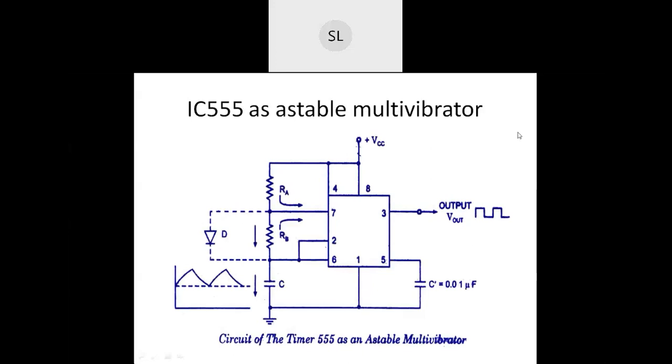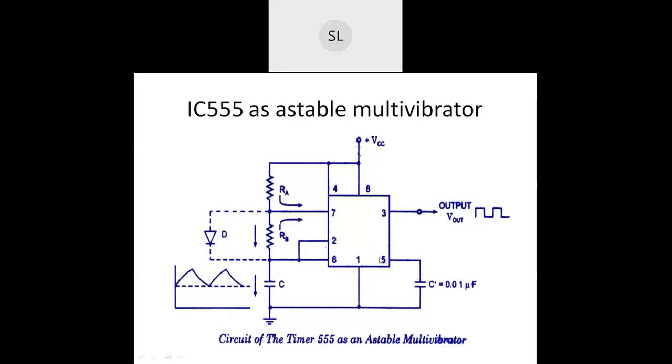So now here you can see that for this IC 555, pin number 4 is connected to plus VCC. We have already studied that whenever we are not going to use this reset pin, we should short this pin to the supply voltage. Okay, we should connect this pin number 4 to the supply voltage, that is at pin number 8, where we are going to apply the supply voltage.